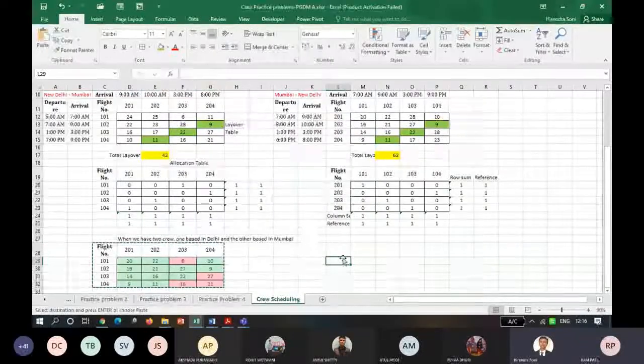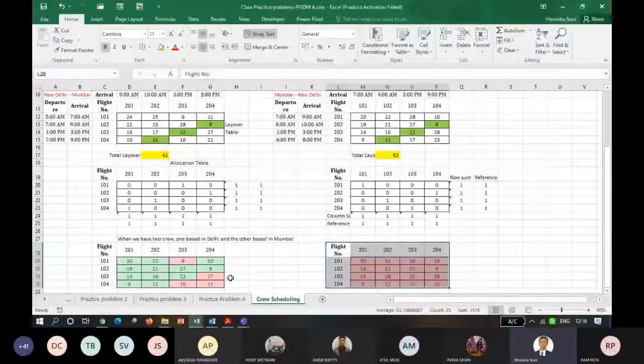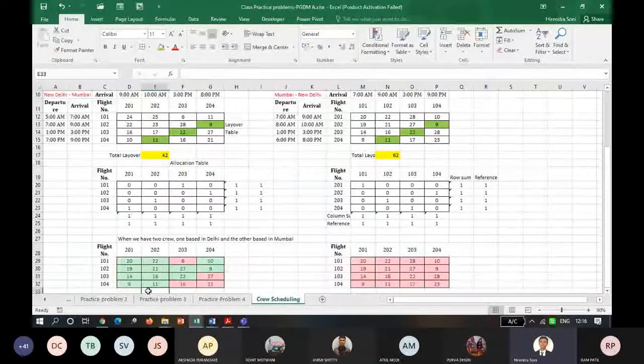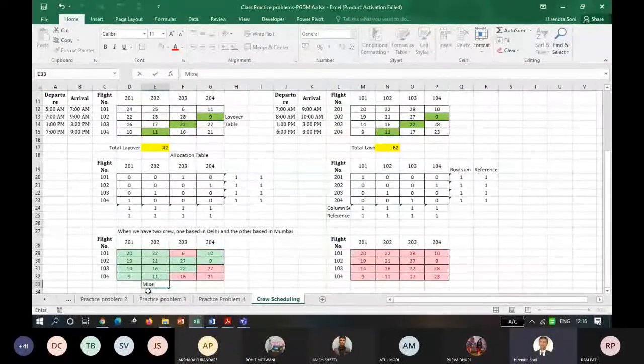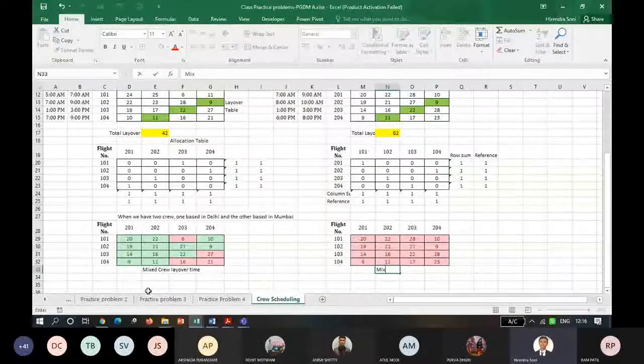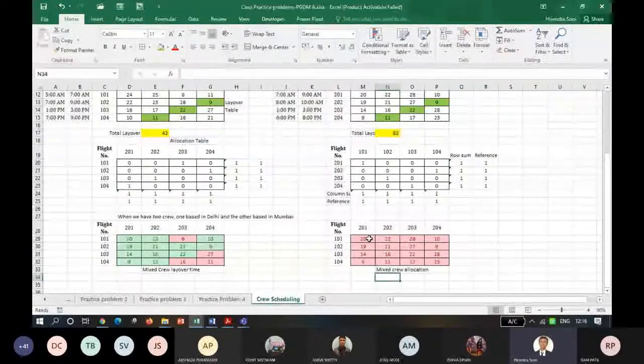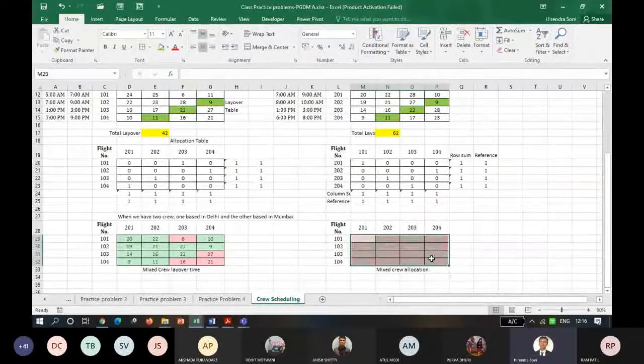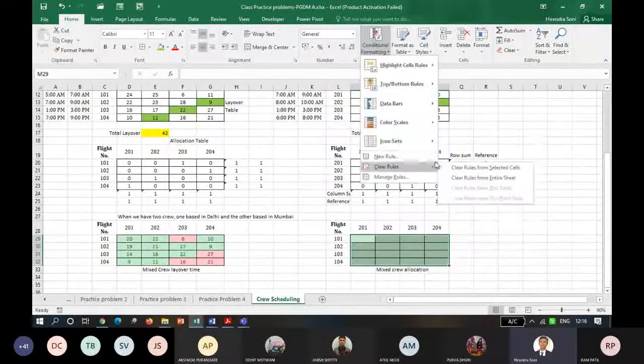So मैं क्या करता हूँ कि यहाँ पर चाहिए तो डाल करके देख लेंगे। एलो ये मिक्स्ड क्रू लेओवर टाइम, और यहाँ पर डालूंगा मिक्स्ड क्रू एलोकेशन। राइट, अभी ये सारी वैल्यूज इधर से हटा दे रहा हूँ, यहाँ पर से कंडीशनल फॉर्मेटिंग भी